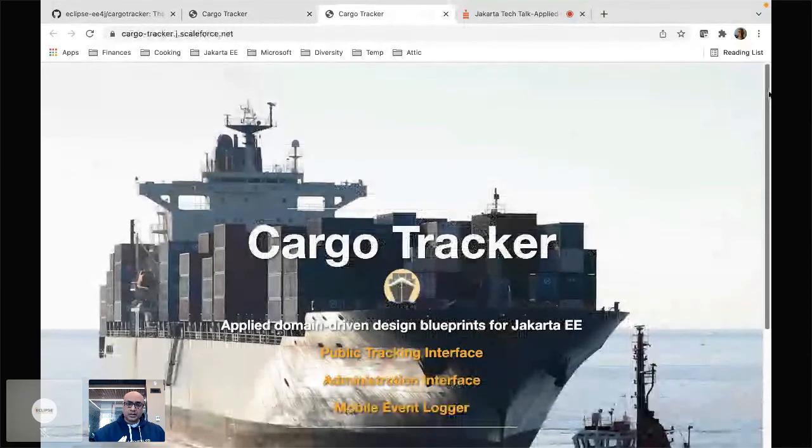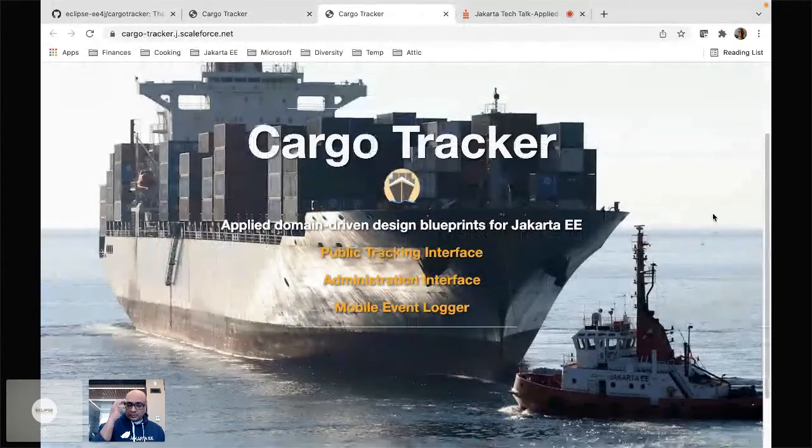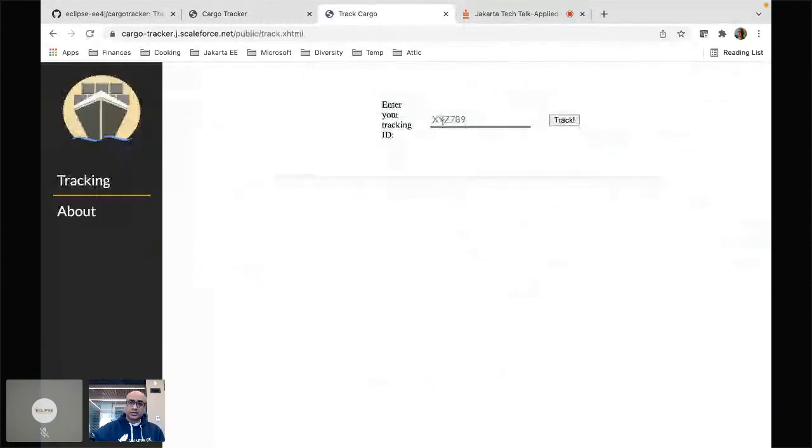So there are a few different interfaces to the application. So the application, what it does, as the name implies, is basically track cargo going across the globe. So it's supposed to be modeling a shipping company's interface, basically. So the first is a public tracking interface. And basically you can,